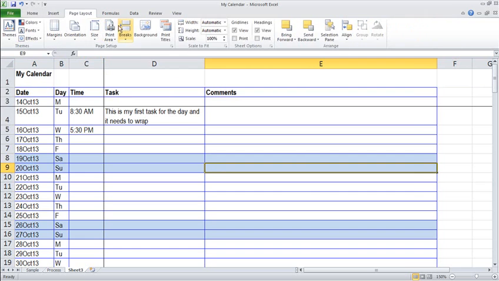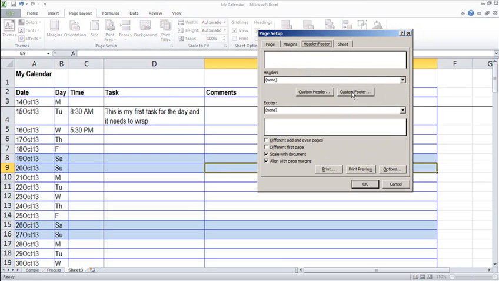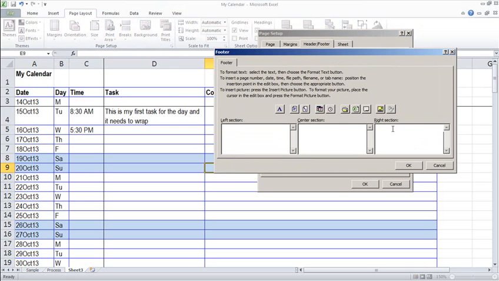So I go into page layout and I select print titles, and the ones I want rows to repeat at the top are rows 1 to 2. So that means the first and second row will appear on every sheet. If I do a print, now I also want to put a footer, and I select custom footer, and I want it on the right hand side. So I'll type